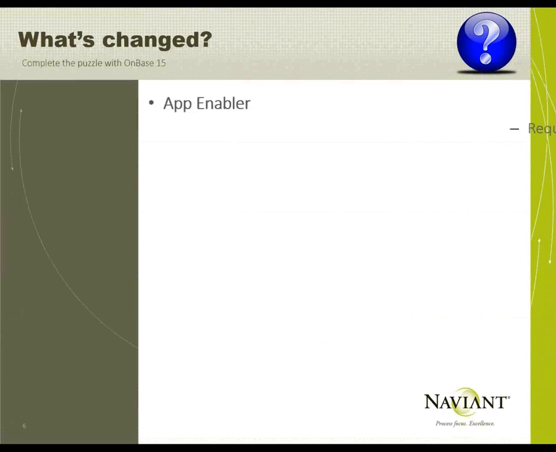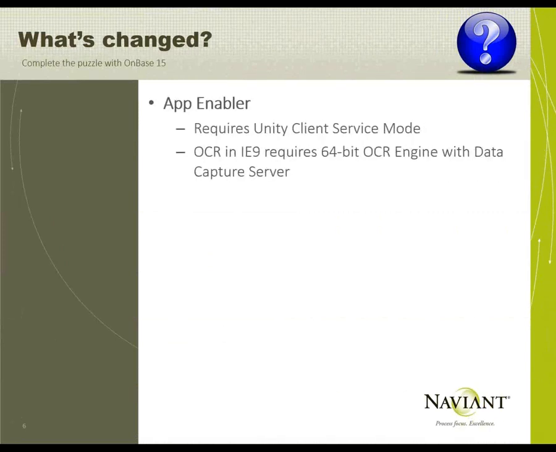So, onward, what else has changed? App Enabler now requires a Unity client running in service mode. I think there is already licensing out there to let you do that, where you can't log into the Unity client, but you can run it in service mode for App Enabler. That's now required for App Enabler, which is okay because